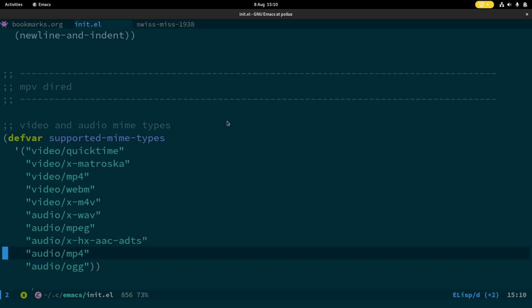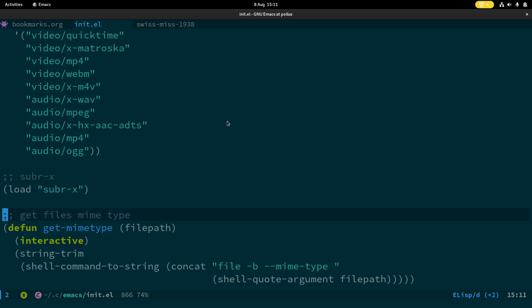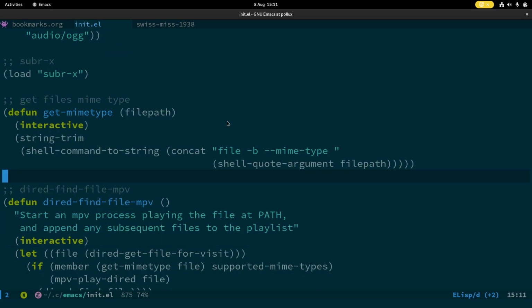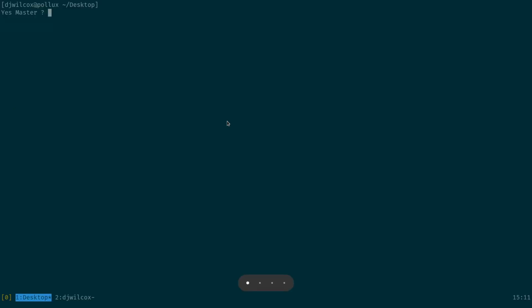So we've got a list of MIME types. Now the next thing is, how do we actually get the MIME type of a file? There is a command called file, which has a -b --mime-type option. And if I run that on a file, so